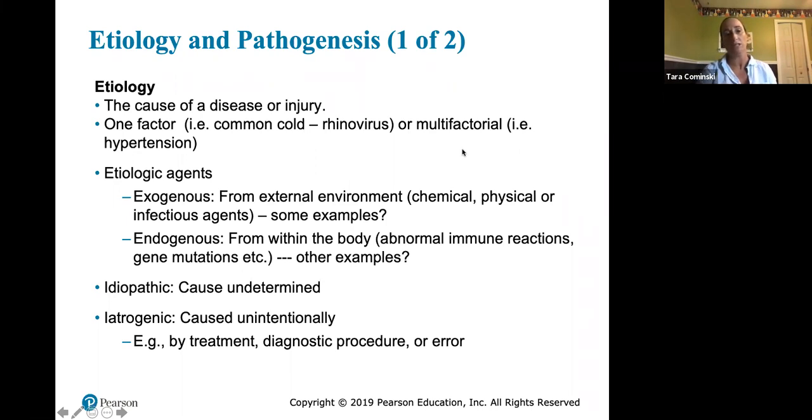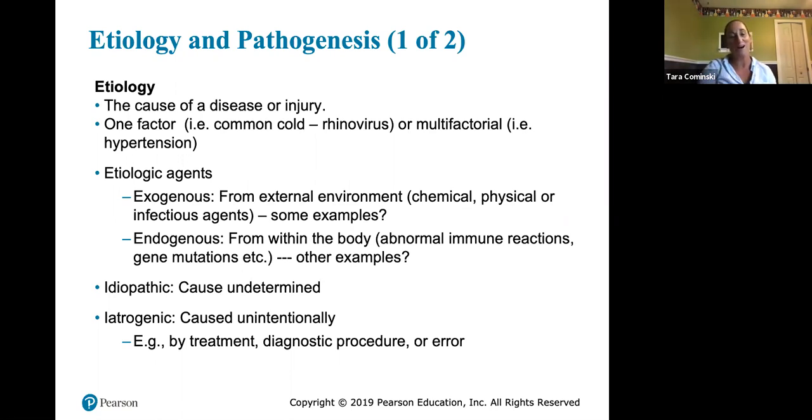And most of the time we don't know the disease. So what's the term for a disease with an undetermined cause? Idiopathic. You guys have probably heard that term before, right? If we took medical terminology, we go through some of these terms already as well. So really, you probably don't need to take medical terminology if you take pathophysiology, because you hit all the medical terms that we talk about in medical terminology.